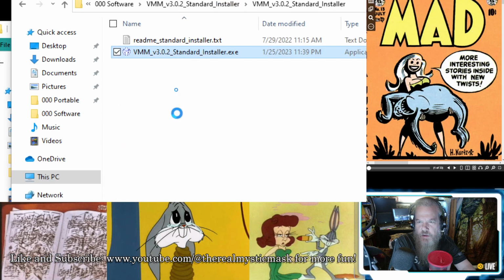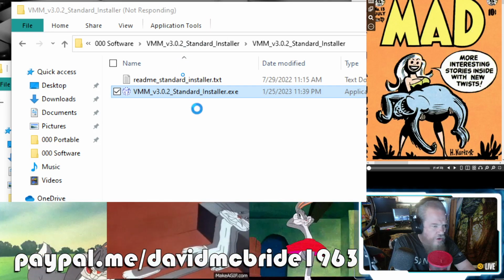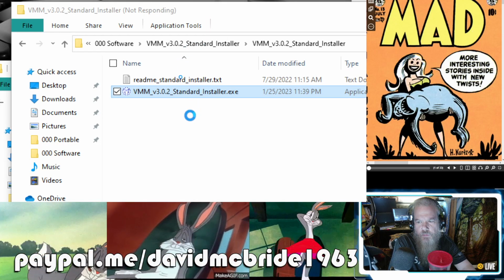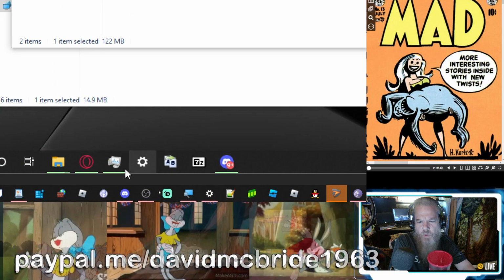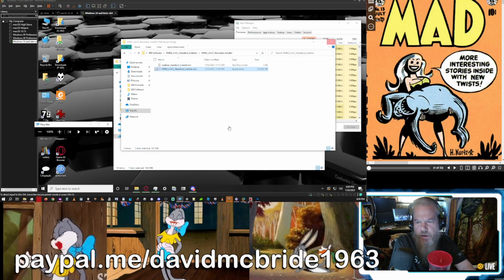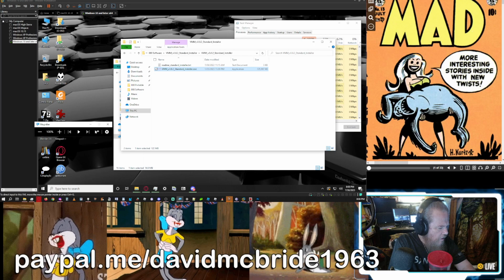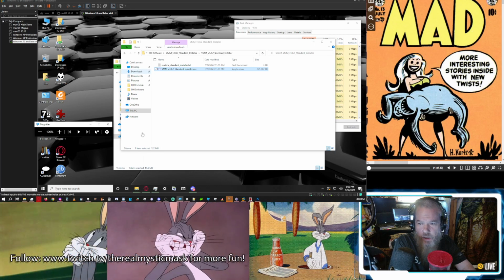So we're waiting for Virtual Magic Mirror to start up. It should, and while we're waiting, what I'm going to do is bring my magnification back down to normal until I see